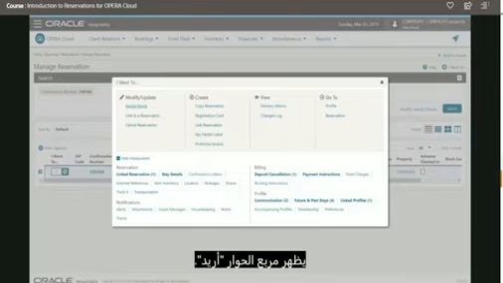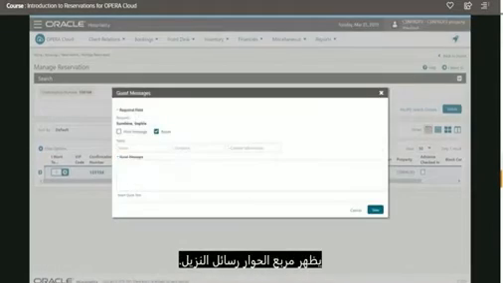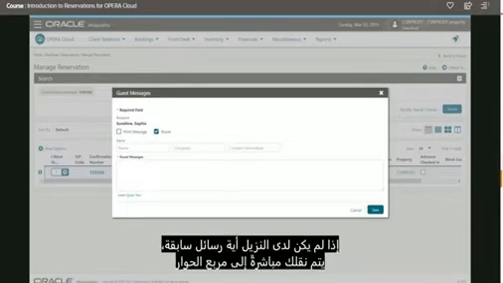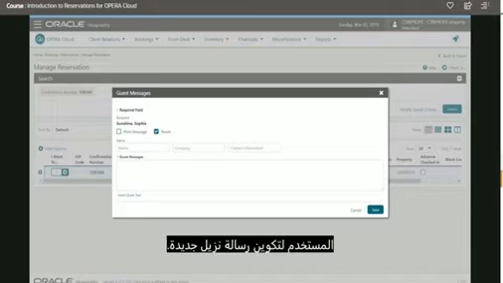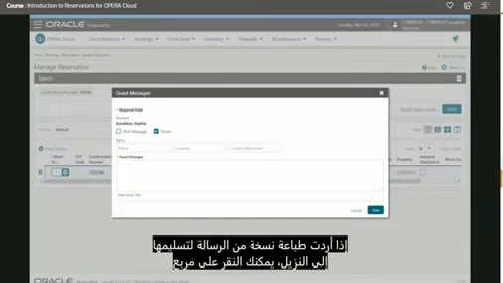The I Want To dialog box appears. Click the Guest Messages link. The Guest Messages dialog box appears. If the guest does not have any previous messages, you are taken directly to the dialog box used for creating a new guest message. If you need to print a copy of the message for delivery to the guest, you